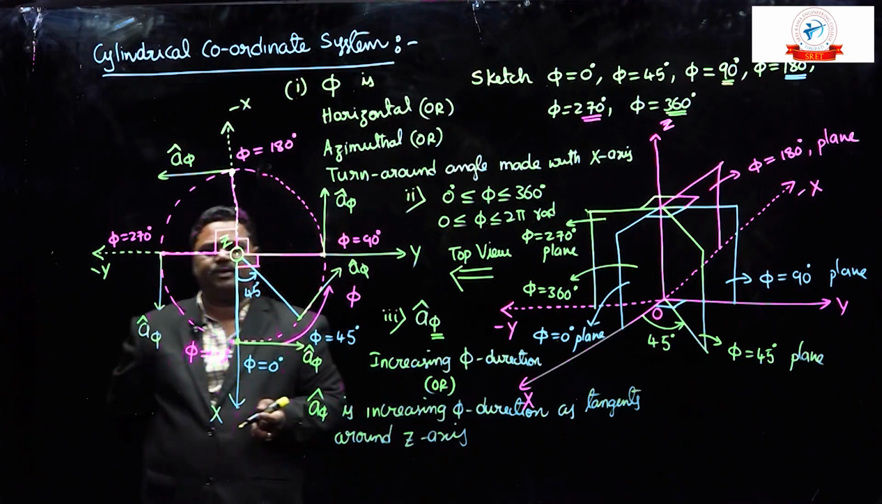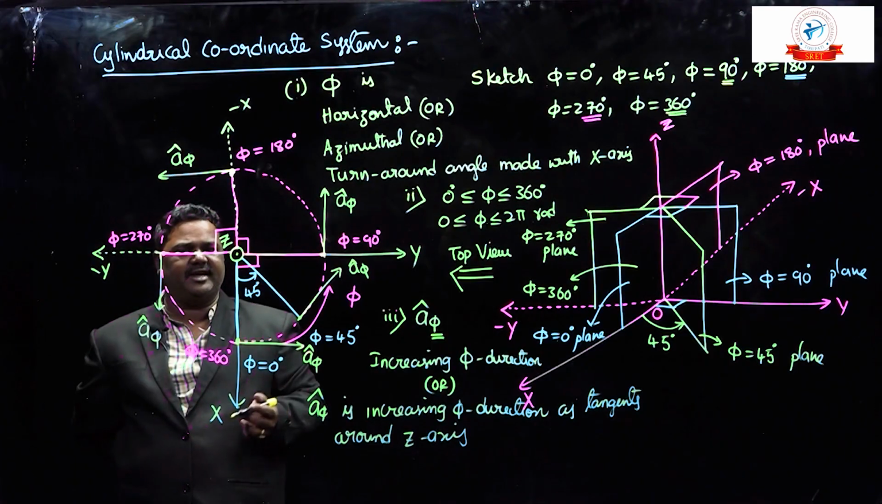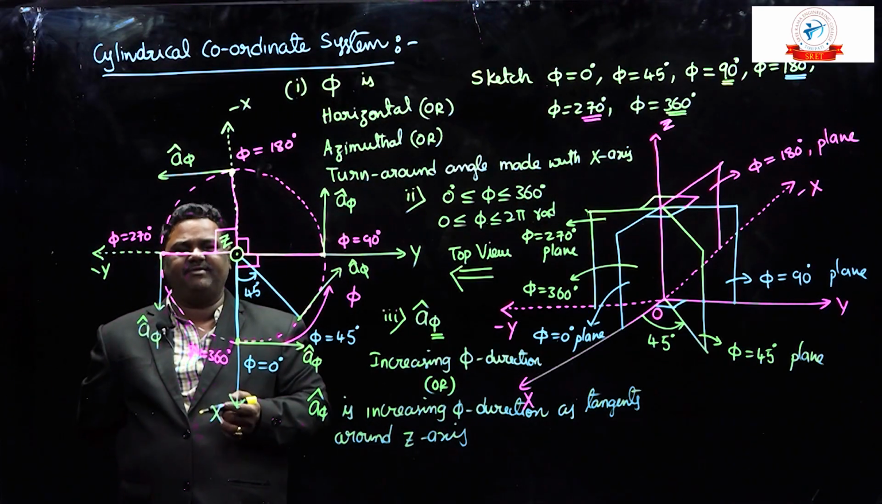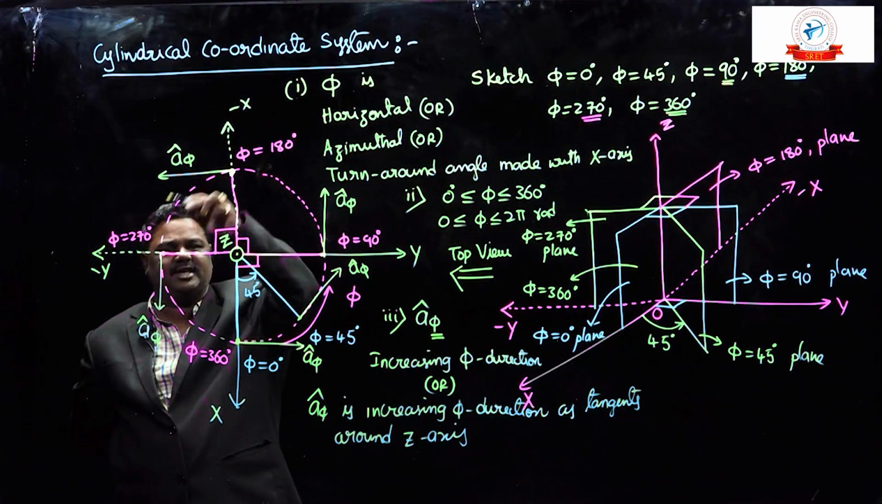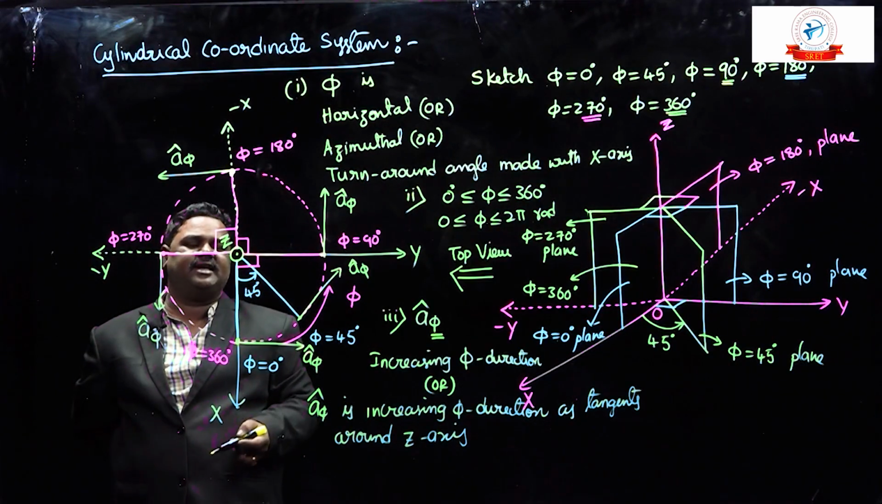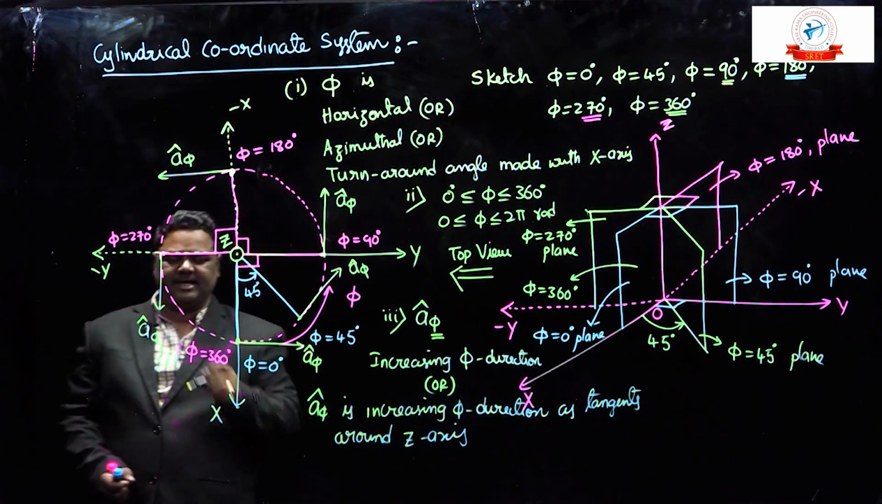Whenever we study electromagnetic fields, which direction do we consider as A phi cap? If any physical quantity is rotating around a reference line, then the direction is represented with A phi cap. A simple example you may consider